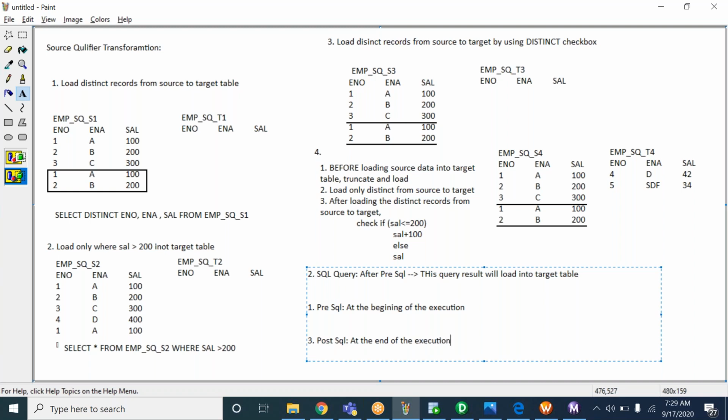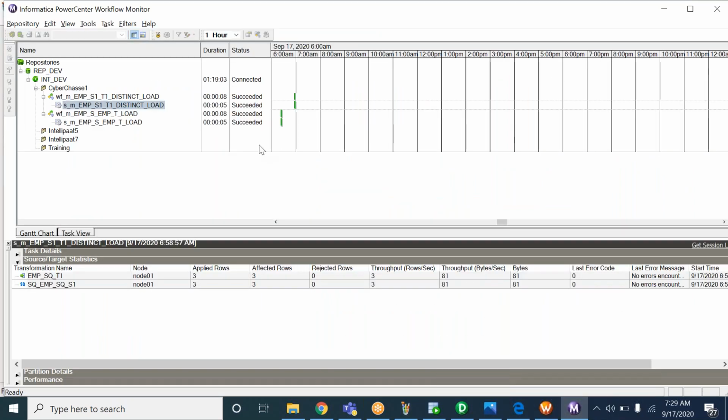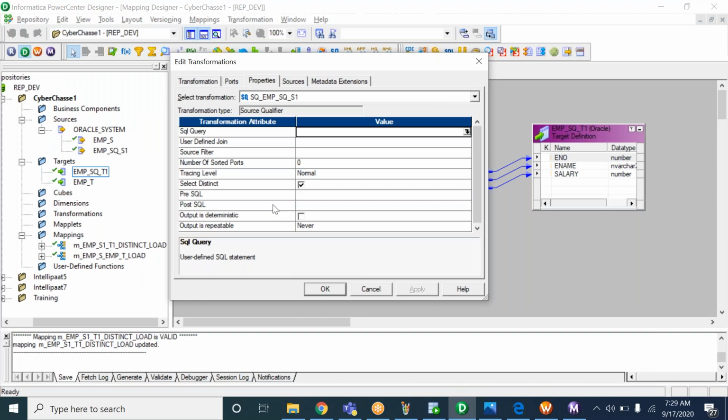The reader will come here and check, is there any query written inside the post SQL?